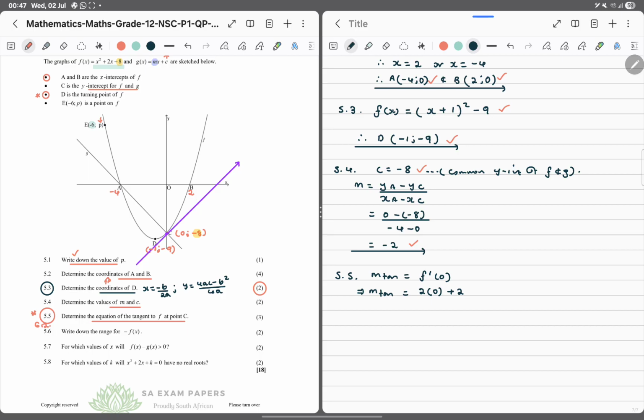Now the derivative of a constant is 0, so it's not there. So therefore the gradient of the tangent is 2. We can say then the tangent as a line is such that y is equal to 2x plus, no, we don't even need that, because we can see minus 8 is the y-intercept already. So this is complete, okay? See, smart work,